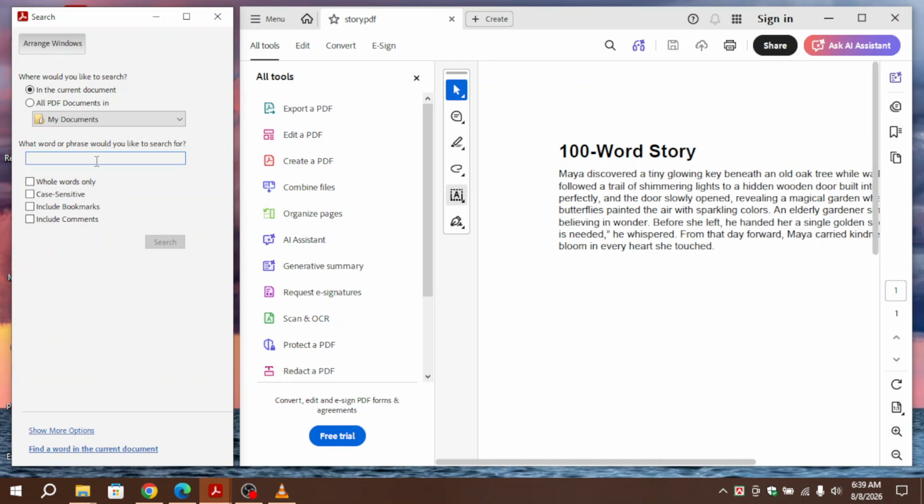If Acrobat Reader can't find text that you know is in the document, the PDF may actually be a scanned image instead of searchable text. In that case, you'll need an OCR version of the file before text search can work, and that's how you search text in Adobe Acrobat Reader. Whether you're looking through a short document or a large report, these search tools can save you a lot of